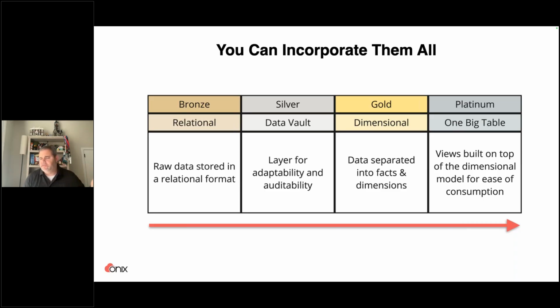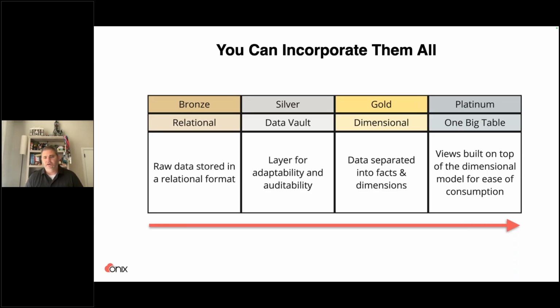You could have a data lake that even sits upstream from this, but this is simply where data is starting to get read and transformed from. In your middle layer, so your silver layer, which could also be called your staging or intermediate layer, you could have a transactional model. You could use that just for transformations, or you could actually create a data vault model that lives there,